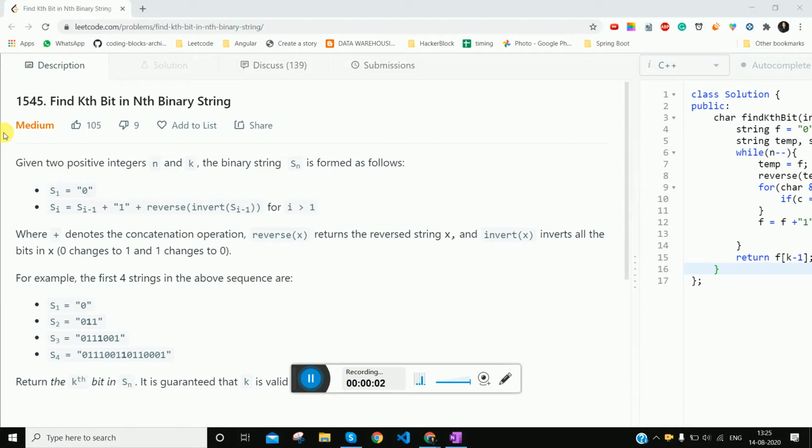Hi guys, so today we are going to do the question: find the kth bit in the nth binary string. Given two positive integers n and k, the binary string S of n is formed as follows. Initially S of 1 is equal to 0, a 0 string, and then each successive string S of i is made of S of i minus 1, that is the previous string, plus we add 1